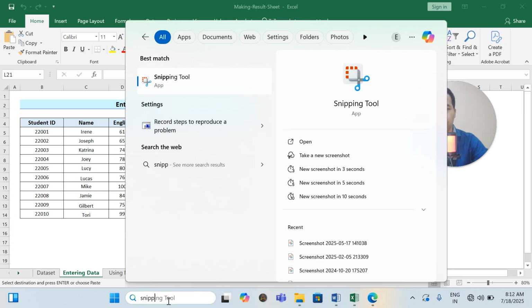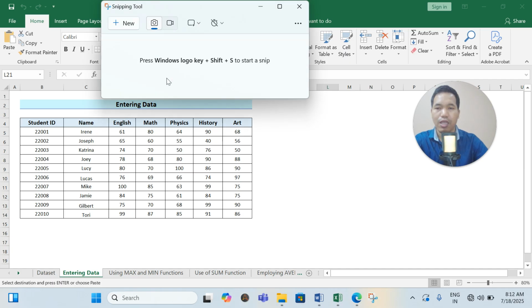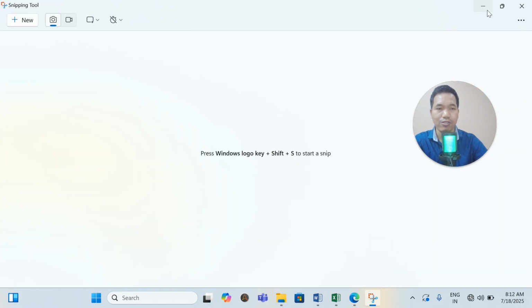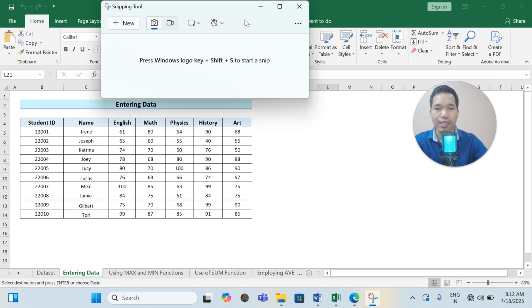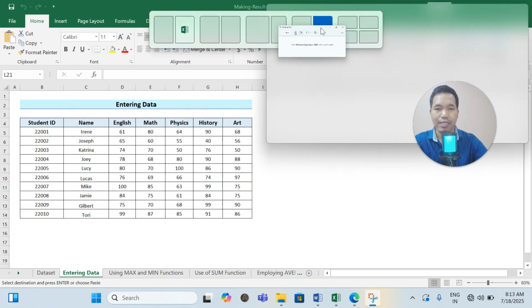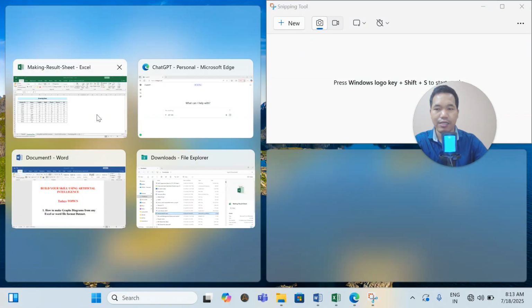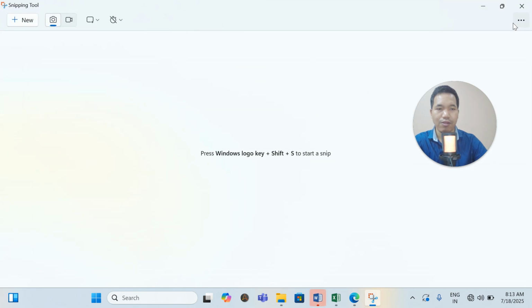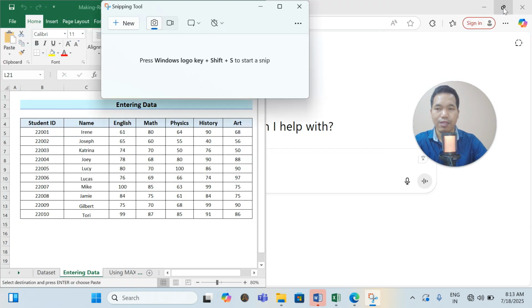snipping tool. See here, the snipping tool is there. You can click on this tool and take a little side. Let us take it.